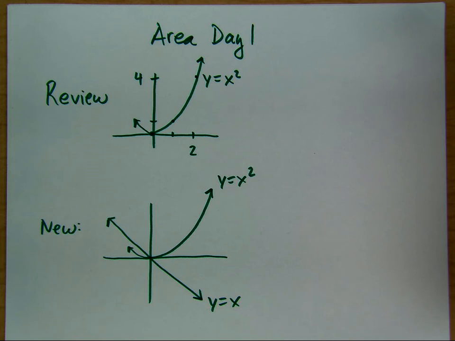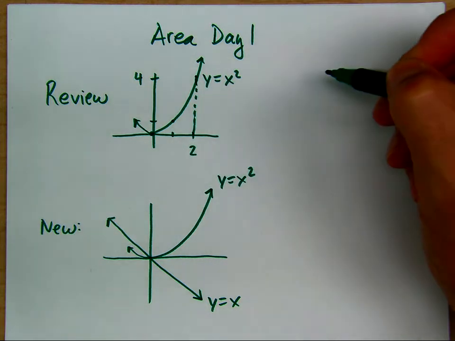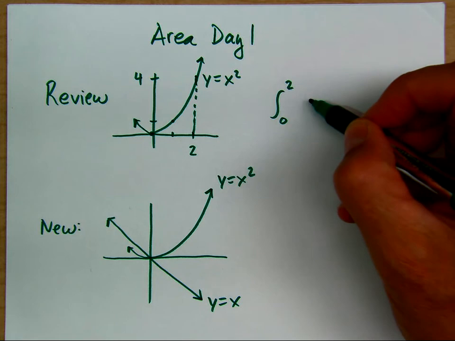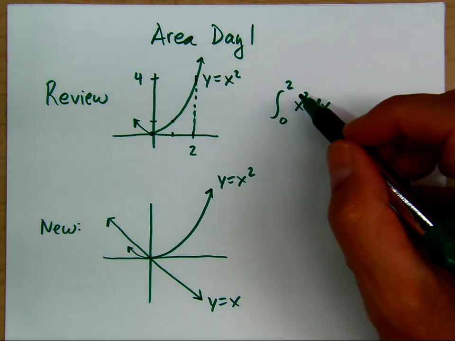So in this lesson, we're going to look at using integrals to find area. We've already done that. We've worked with concepts of area from the beginning of the year. But now we'll review how the integral from 0 to 2 of x squared dx equals the area